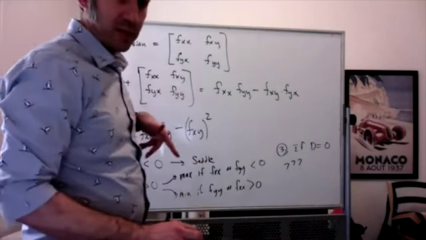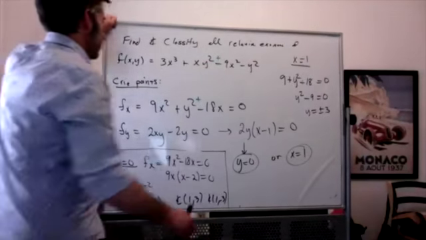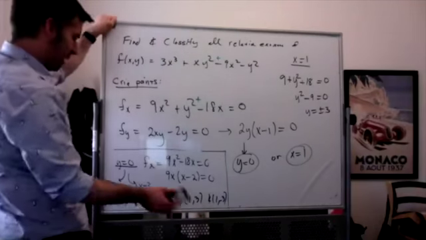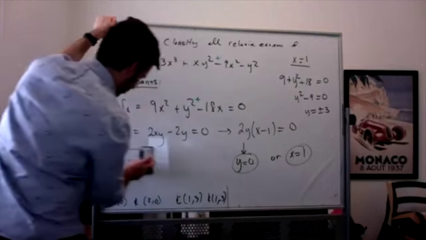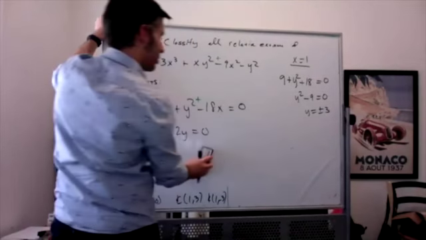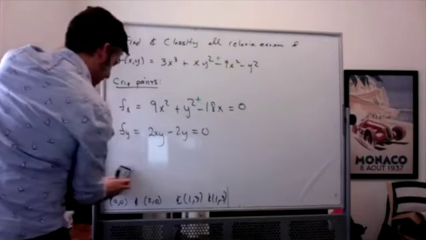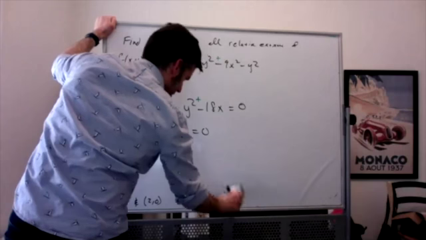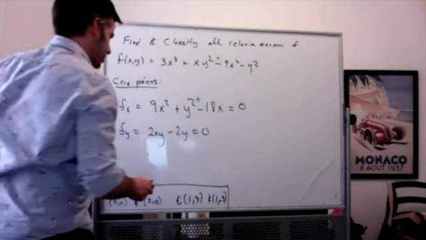So back to the example we were doing. We need to find our second partials. Let's see. I'm going to erase all this and just leave my critical points on the board. So there's my critical points. Let's find our second partials